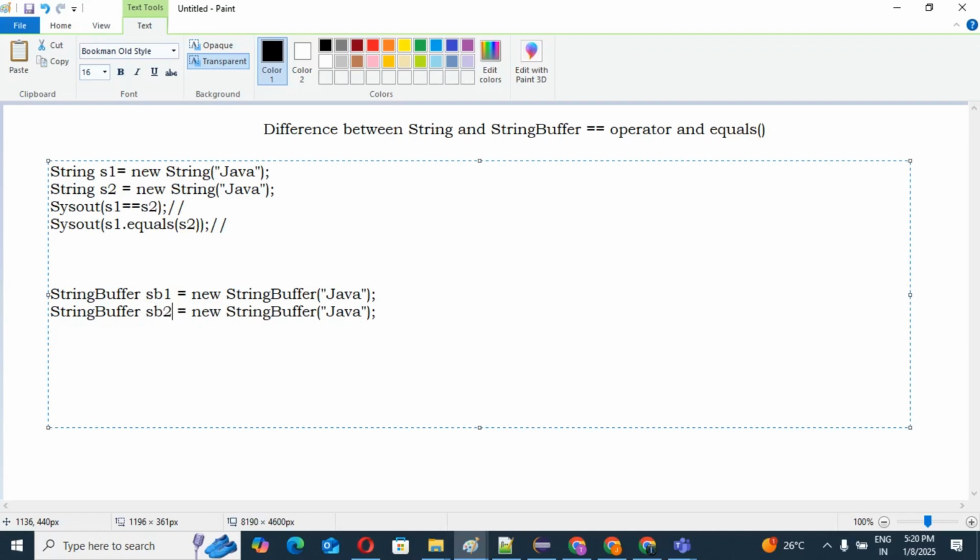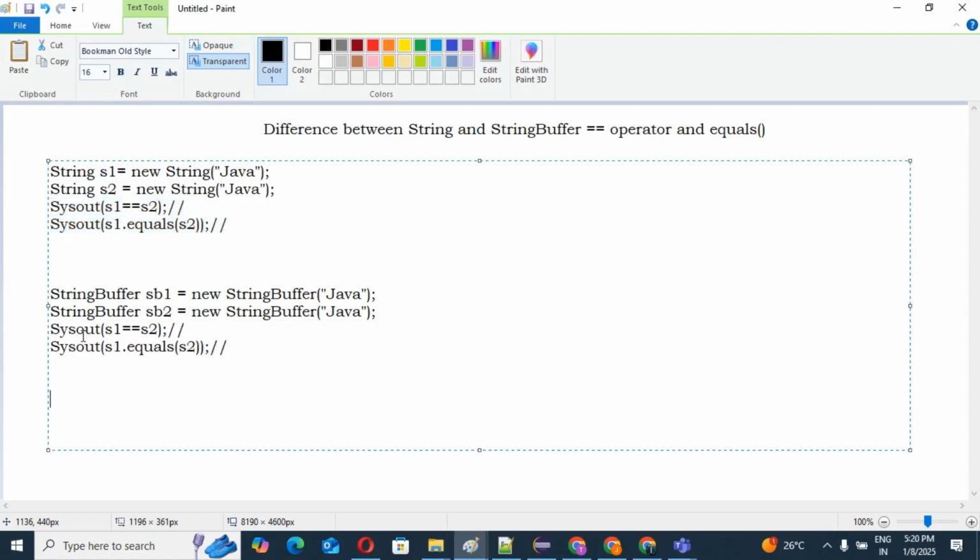I am going to compare the two objects, then I will print these two statements. Then I will show the difference between the double equal operator and equals method in terms of the String class and in terms of the StringBuffer class. Only the change will be sb1 equal to sb2 and sb1 dot equals sb2.